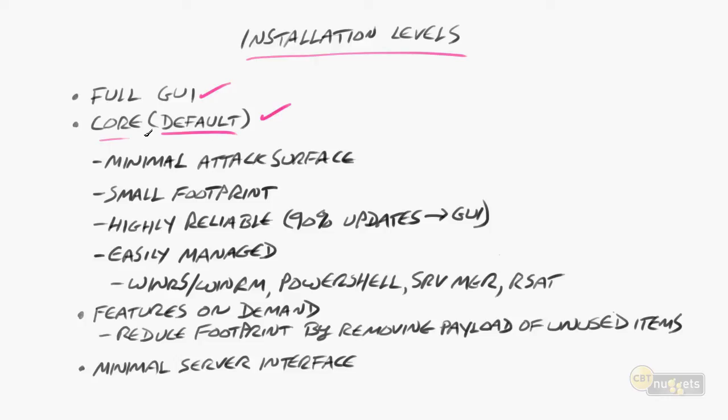So Core is going to give us some advantages there, including the fact that it's a minimal attack surface. Because there's less of the operating system, there are much fewer exploits to execute on it. A lot of the exploits that have come out in recent years actually have something to do with the UI. It's some kind of vulnerability that hackers are able to worm their way through in the UI, and without a UI, it really minimizes that surface.